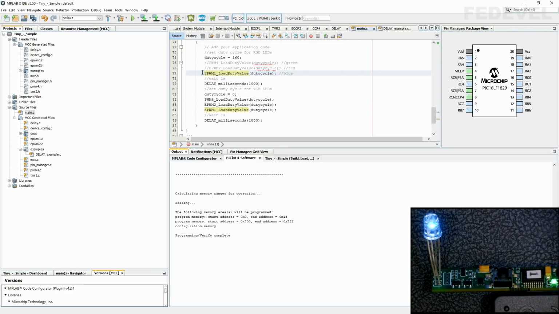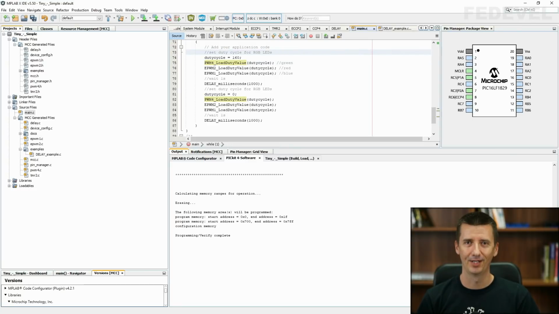Now, if you would like to do some effects, you will know how to control each individual LED. Of course, you can also mix not only different colors together, you can mix also different intensities of each color. So you can create all kinds of different effects with your LED. We learned these basics. Now we would like to do something a little bit more complicated.